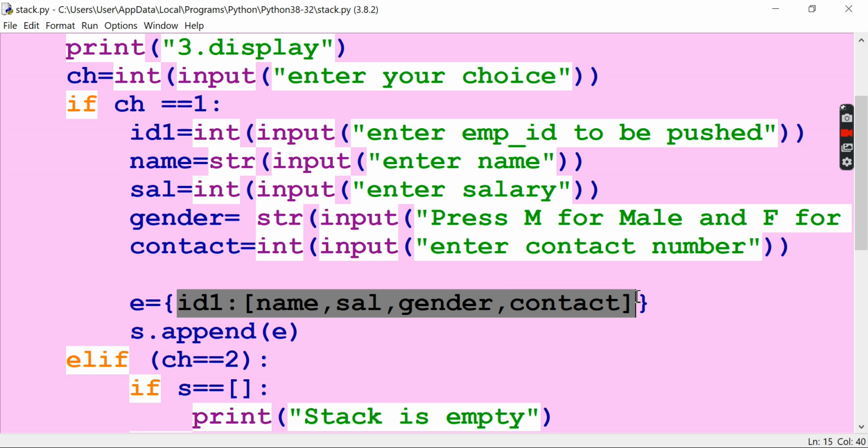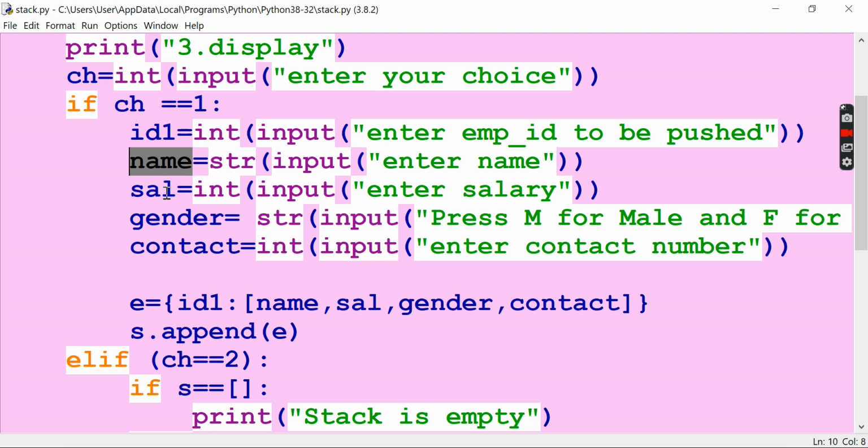So we are making all the variables. For example, this ID1 is the key of the dictionary, and these are all the values for the particular key. These values are given into this list, and we have made a dictionary. So the key is there and the values for the key are there. Values have been passed by using the list operator, so that E is now a dictionary, right?